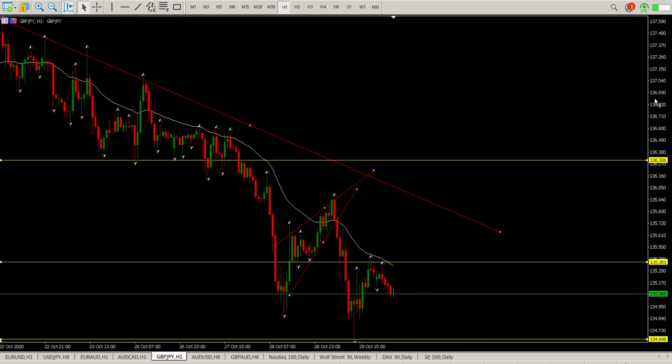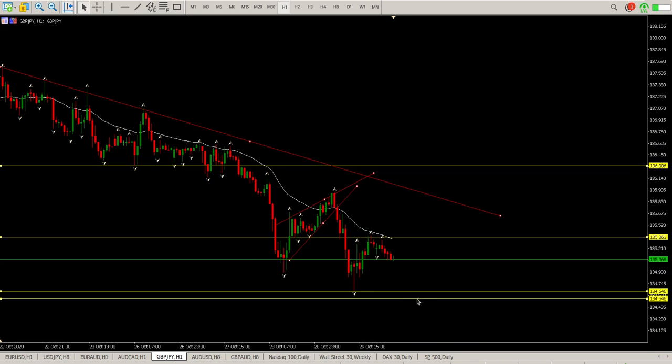tempted to take that short, and then just aim for, I don't even think I'd aim for that gap. I'd aim pretty much for 134646 again. Okay, anyway, but I think I'll be sitting on the sidelines today, and we'll wait for the elections at the